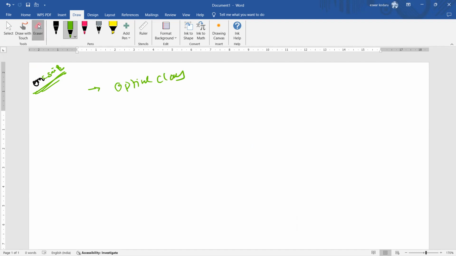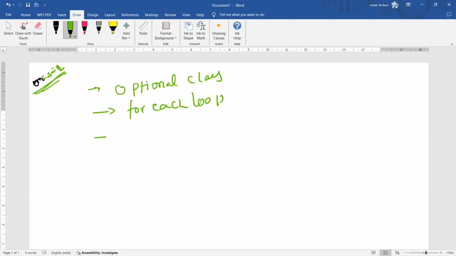Maybe I'll write it properly so that you can relate it to the basics. The first feature is the Optional class, and the second feature they have added is the forEach loop. Third thing,